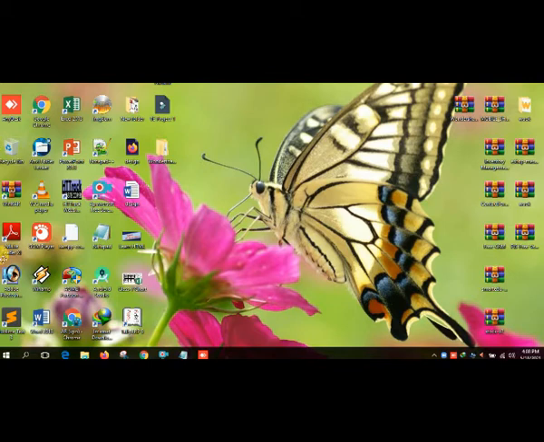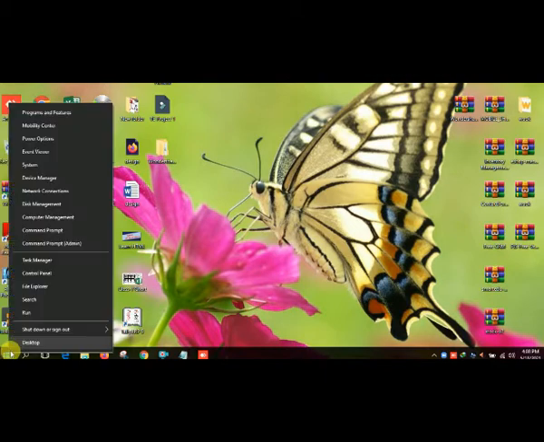See my start button on the taskbar. When I right click, some options show in my taskbar.